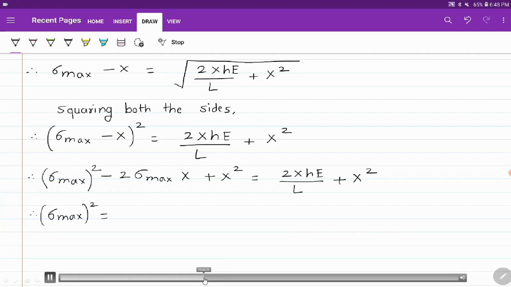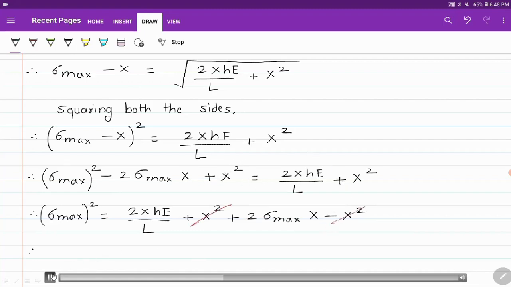So this is sigma max square will be equal to 2xhE by L. Transfer this minus term on the other side, it will become plus. This x square as it is, and we have transferred this plus x square on this side,